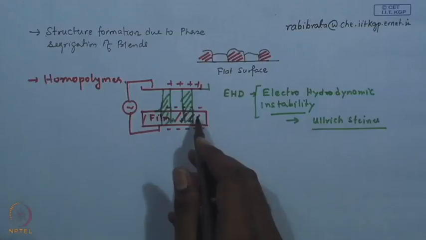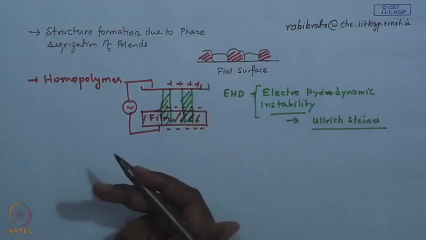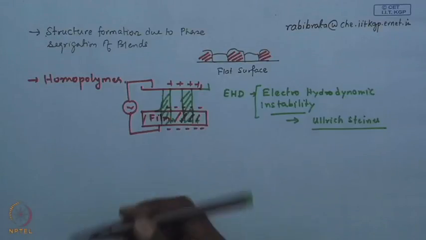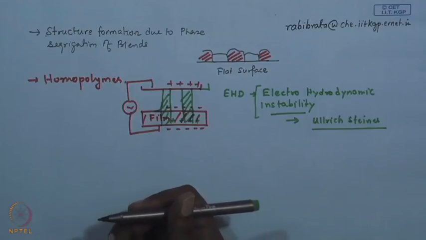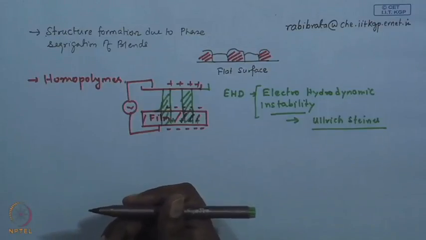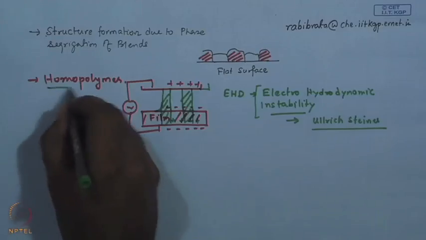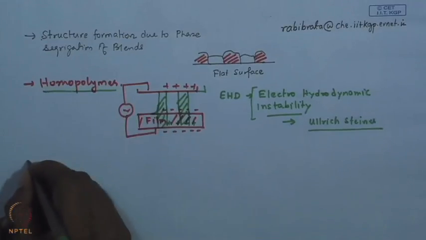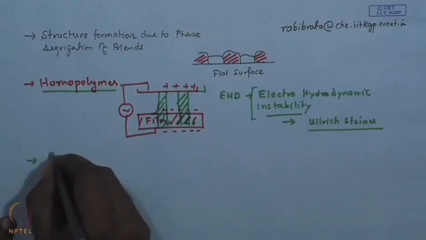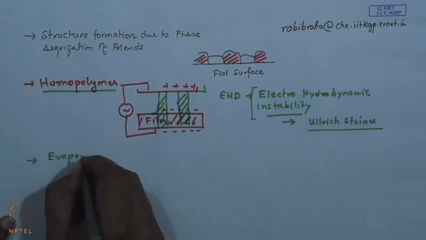So, this type of instability is manifested in a viscous film, purely viscous film, or it can also be seen in a soft elastic film. Since the field strength is strong, it can overcome the stiffness or the additional restoring forces in an elastic film imparted by the physical crosslinks which are present. So, one can look into a whole lot of instabilities, with evaporation induced instability,